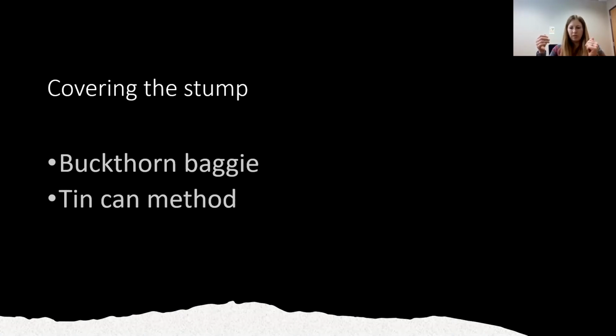Cut some holes in the can a couple of inches from the top of the can, flip it over, shove it over the stump, and then bury the can at least 1 inch into the soil, and then you nail the can straight into the buckthorn stump. And again, if the stump resprouts, then remove the can and actually switch to a larger can and try again. But it's a similar method.